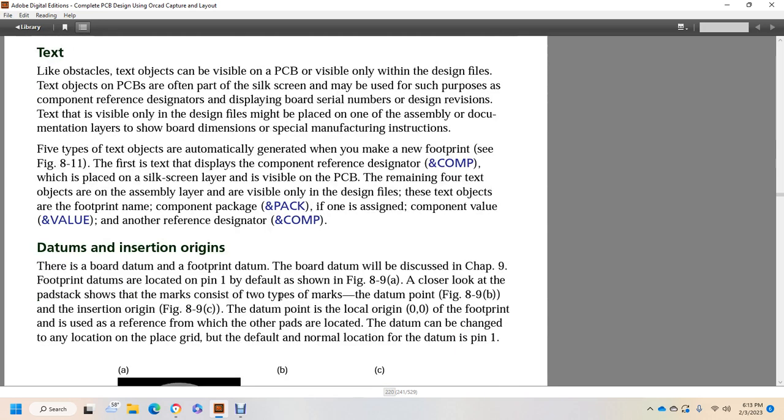Datum and insertion point, datum and insertion origin. For the footboard datum and the footprint datum of the board datum, it will be discussed in Chapter 9. Footprint datums are located with a pin 1 with the default shown in figure 8-9B. A closer look at the pad stack shows the two types of marks for the datum